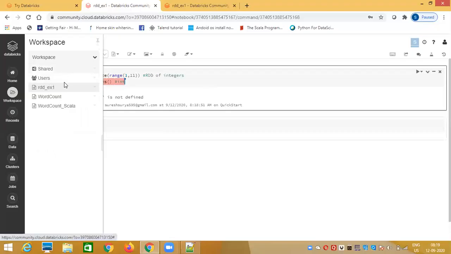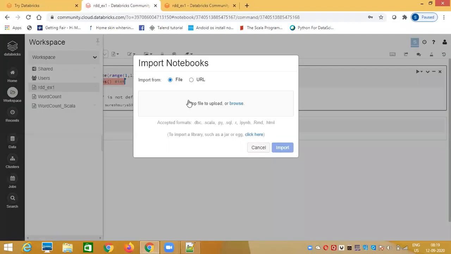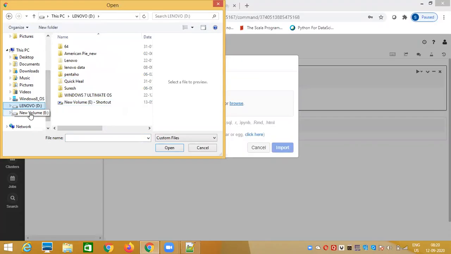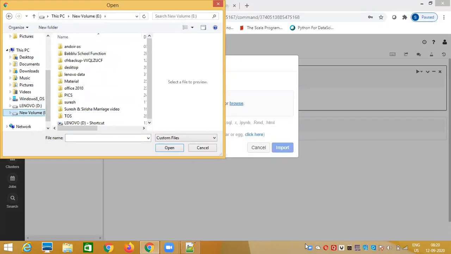Did you upload it, Suresh? Let's quickly import that notebook. Did you download that? One second, I think you are not able to unmute yourself, right? I am also not able to unmute you. Did you get a chance to download the notebooks, the RTD examples I showed you earlier? I can't see your workspace directory. Okay, no worries.